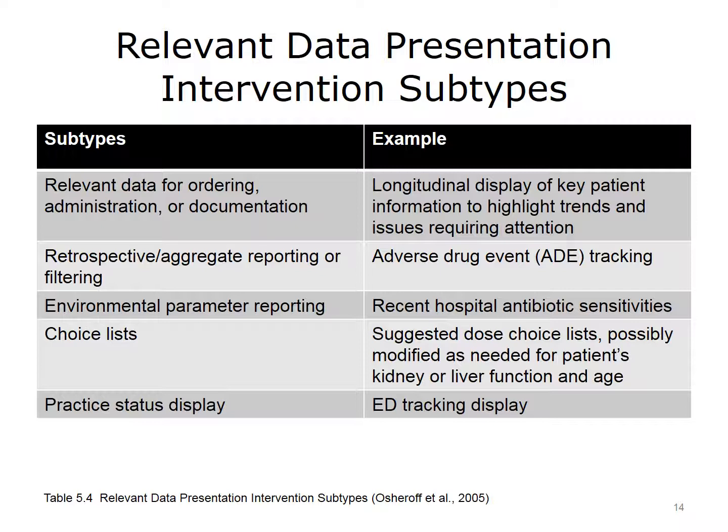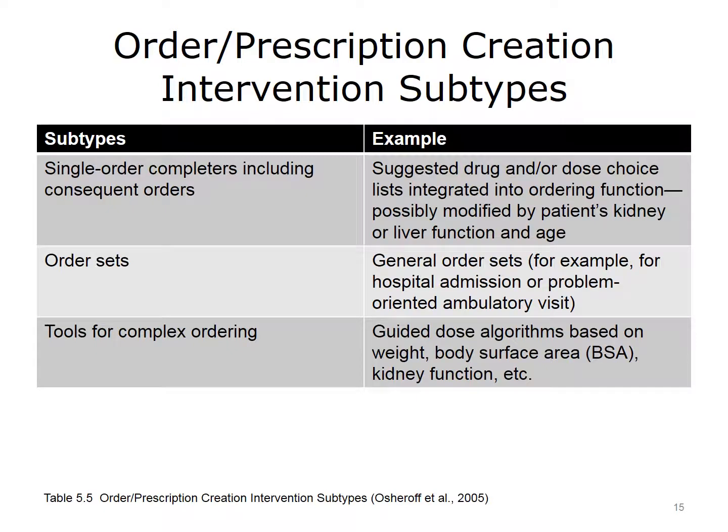The fourth row refers to choice lists as a subtype and suggested dose choice lists, possibly modified as needed, for patients' kidney or liver function and age as an example. The fifth and final row lists practice status display as a subtype and the example of ED tracking display. The benefit to order prescription creation facilitators is to promote adherence to standards of care by making the right thing the easiest to do. The subtypes and examples for the order prescription creation intervention, as summarized by Asheroff et al., are